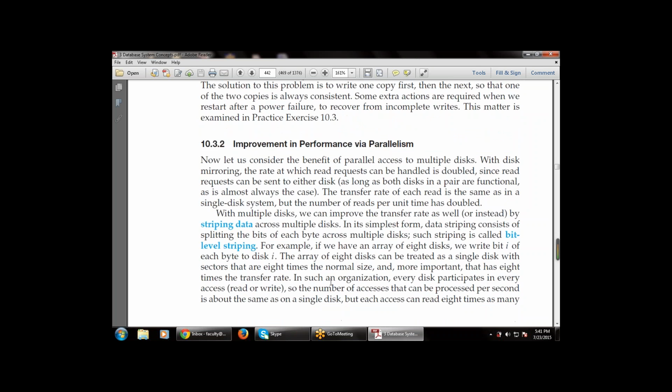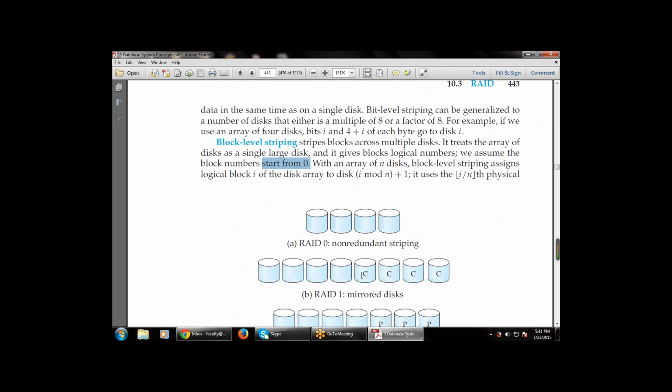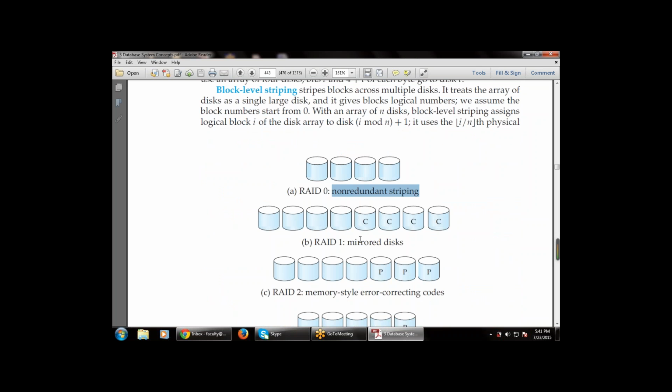That is used for the bit level striping that is available. There is also a byte block level striping that strips the block across the multiple disks. It treats the array of disks as a single large disk with the block numbers that start with 0. So this is RAID 0, this is the redundant striping, this is RAID 1 that is a mirrored